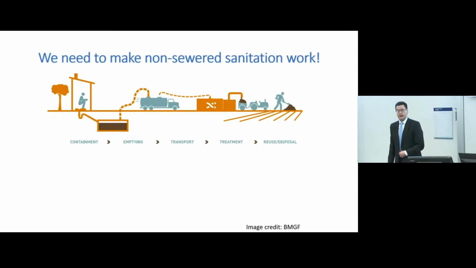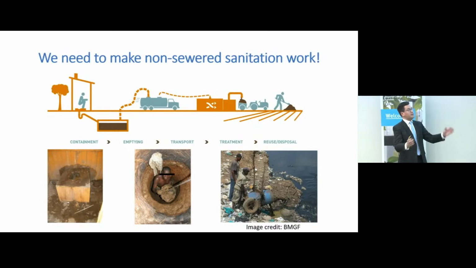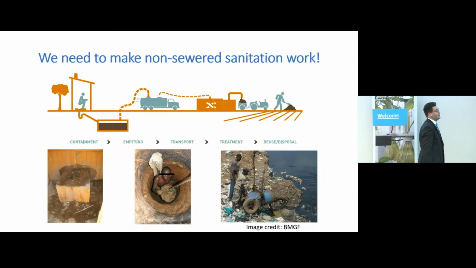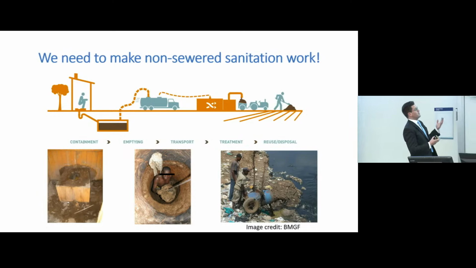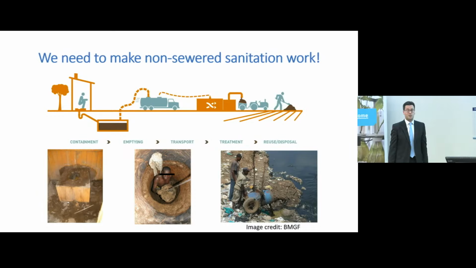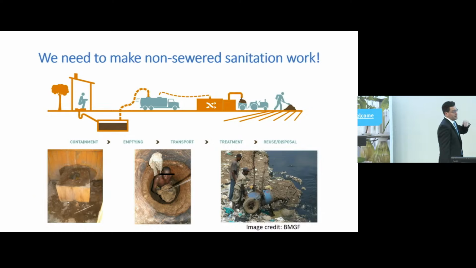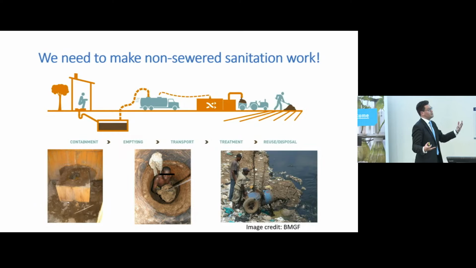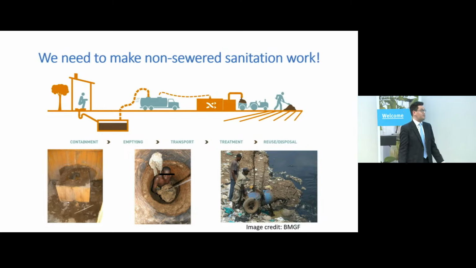And sadly, this system doesn't work in large parts of the world. So a lot of people, for example, might have access to a basic toilet, as we see on the left there, but it's not a safely managed form of sanitation because, for example, in this case, the toilet has filled up. A lot of the most marginalized people in the world live in areas that are prone to flooding, so these toilets will flood and again become almost a focal point of disease when they're supposed to be something that benefits health.